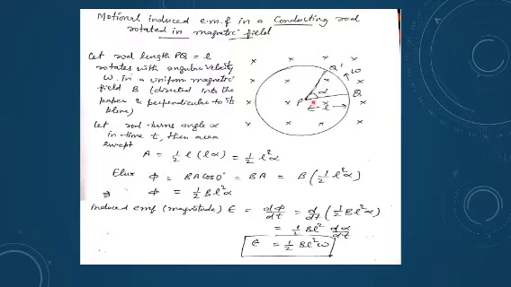I am assuming that the length of this PQ is L. Omega is the angular velocity. Magnetic field B is of course shown by the equispaced crosses, which means it is perpendicular to the plane and directed into the paper. Then in time t, or delta t, the rod reaches from point Q to Q dash. The angle turned is alpha. Then the area swept is given by 1 by 2 L into this arc QQ dash, which is given by L alpha.